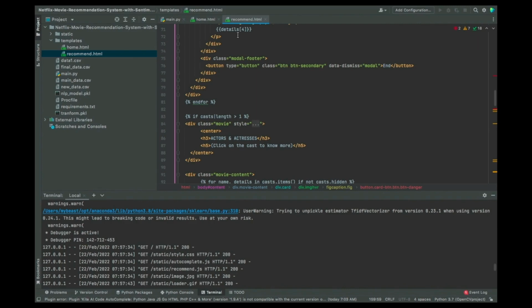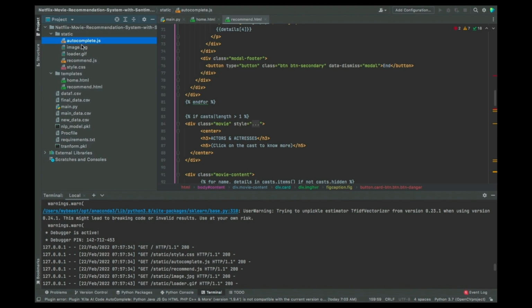Now I'm going to show you static, right? In the static folder, I'm also going to show you these files. We have autocomplete.js, then recommend.js, and then these two images. So let me show you what is inside this